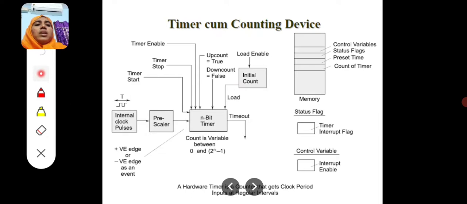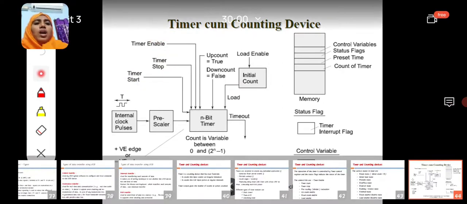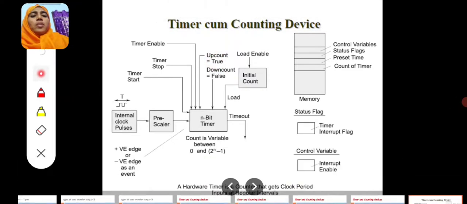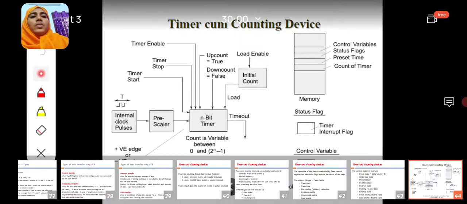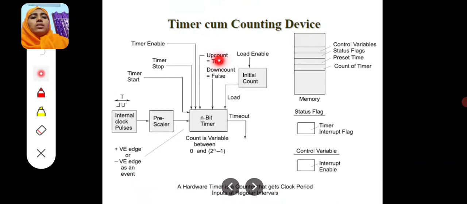Next, the n-bit timer. These bits are nothing but the control flag register states. Some of the timer control register states are: time start, time stop, timer enable. If this bit is up count or down count, if it is true, then it is in up count state.